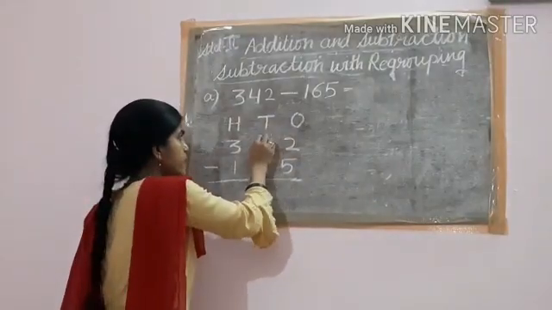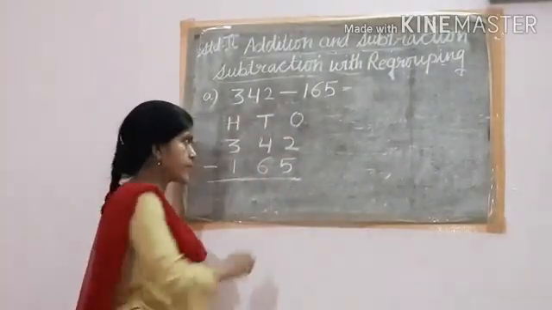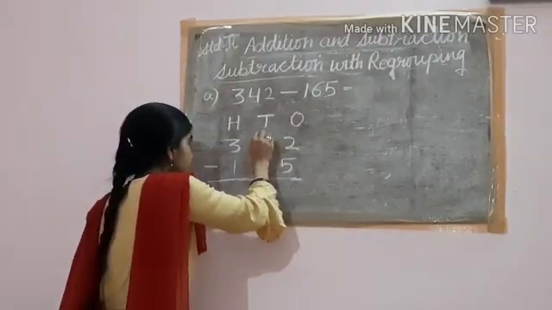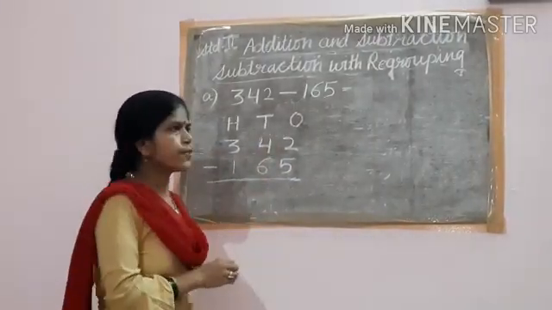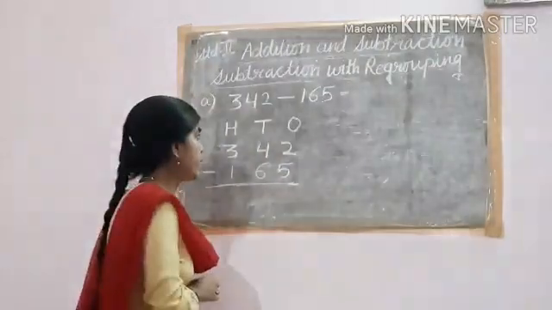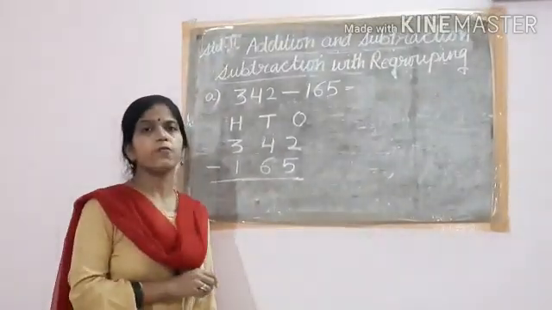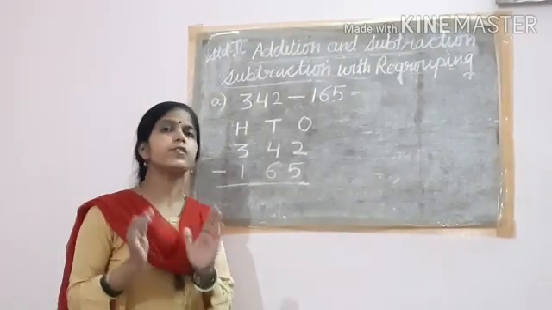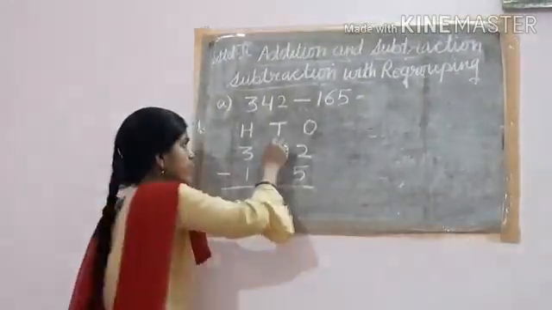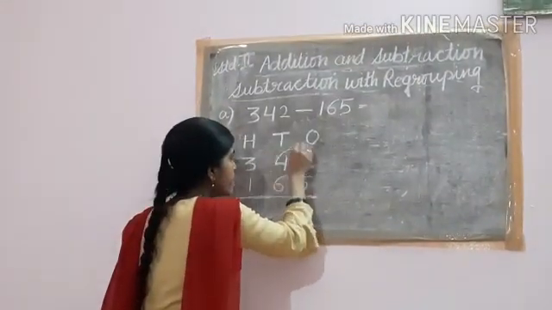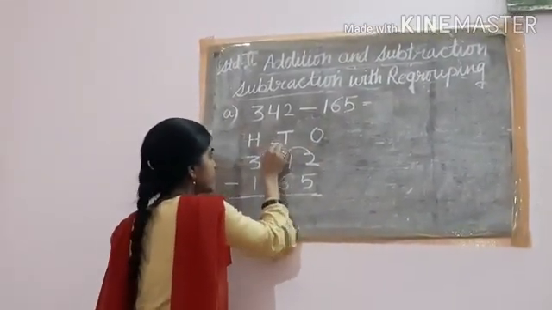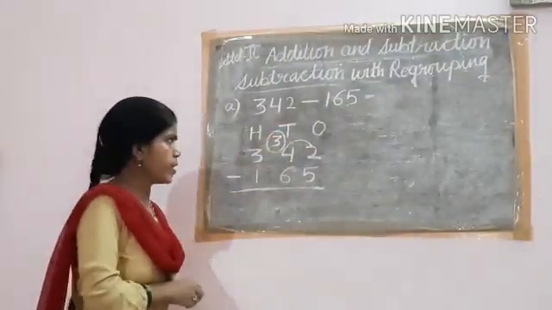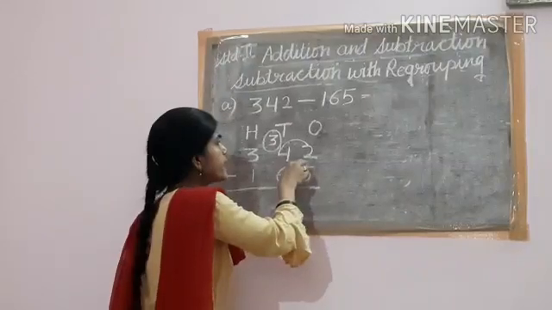So in the tens place, how many tens are there? 4 tens. And here are 2 ones. The tens place is saying, I can give you a number, but I cannot give you just 1 or 2. I can give you 1 ten. 1 ten means I can give you 10 ones together. So here the tens place has given 1 ten. Then 3 tens are left. I have written it here in the circle.